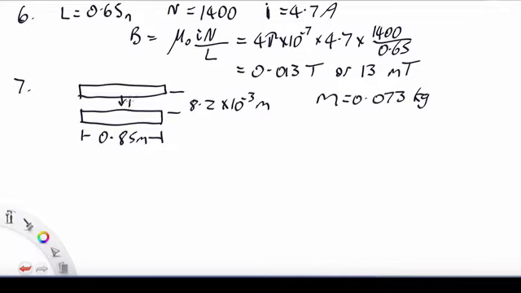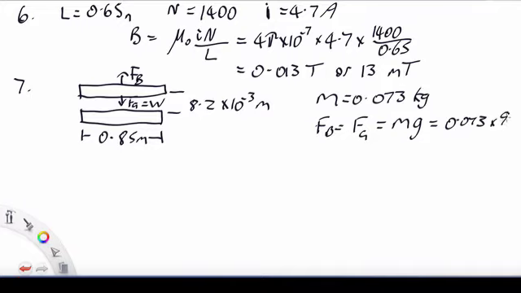So we have the force of gravity, which is its weight, pulling down, and we have the force pushing upwards. So if we have the two of them equal, that is of course mg, which is 0.073 times 9.8, and that gives us